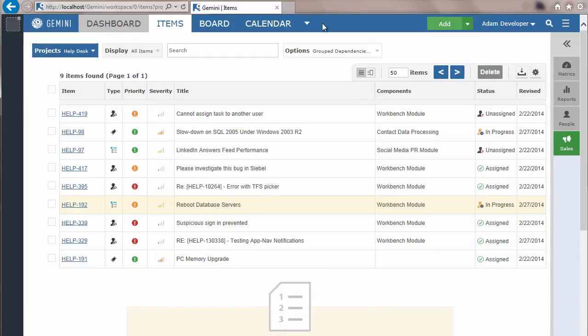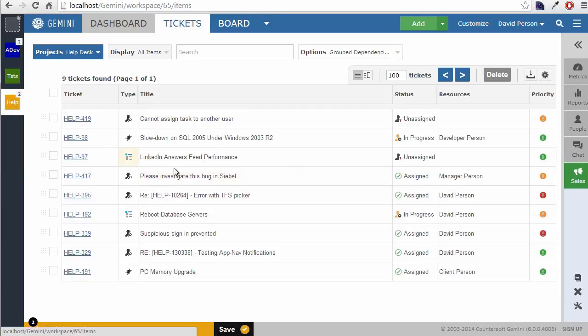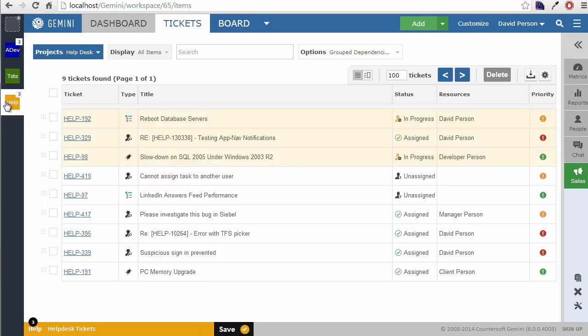So while that's been going on, Gemini has been tracking those changes, because every time you create a workspace, you effectively say that you're really interested in everything that goes on in it. And you want to be notified, you want to be alerted to any changes. So Gemini then brings those changes to the top, to your attention, highlights them in a different color, and gives you a badge count notification of the number of things up to 5, and then it will just say 5+